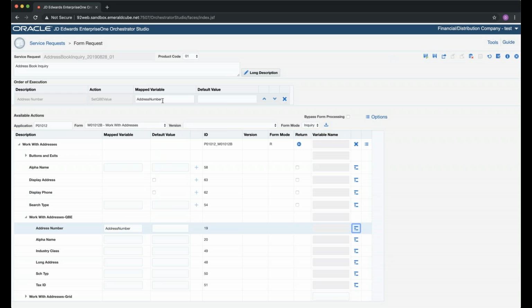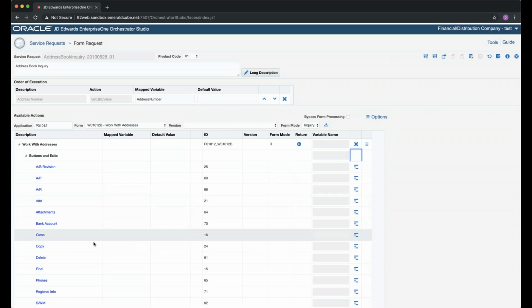So when using this service request, we'll see in just a little bit how the address number can be input. And when the address number comes in, it gets assigned to this column of the QBE line. So as you all know, in the address book inquiry, when you're in address, you enter an address number and do nothing else, nothing will happen. The grid will not be populated and no data will be returned. That's always an interesting piece that trips people up, trips me up a lot as well: if you don't click a find button or anything else on the screen in this AIS call, nothing will happen and nothing will be returned. So we do need to add this action for find as well.